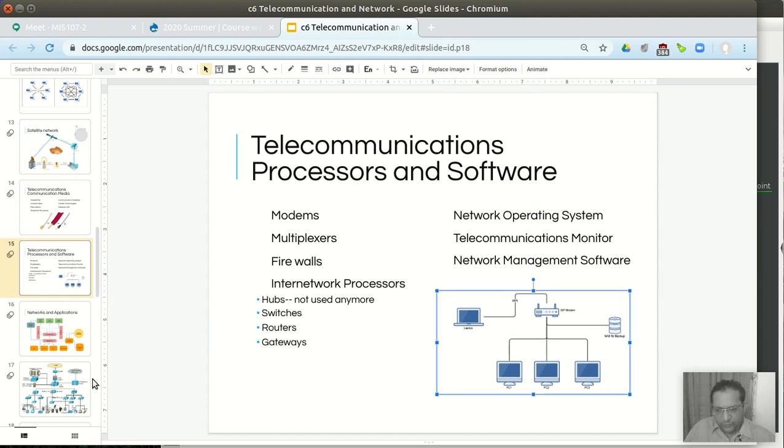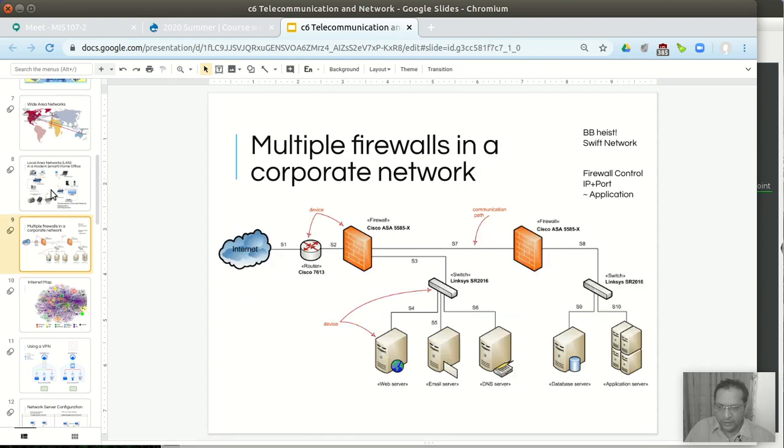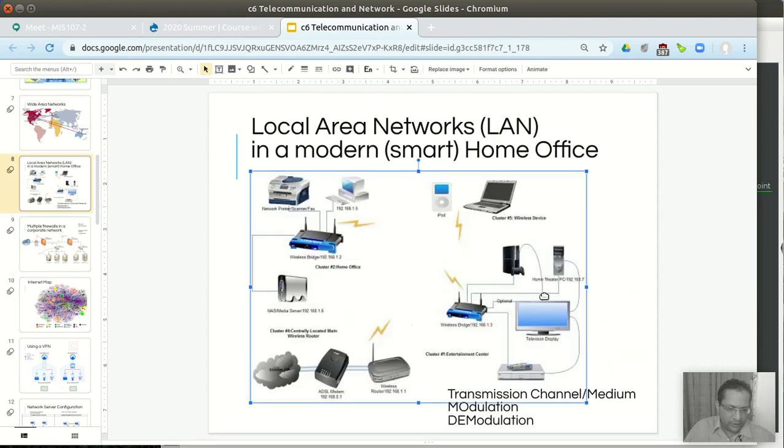Router: if we have two different networks, then a router can communicate between them. So we have a local network over here, and then there is another network which is the internet.